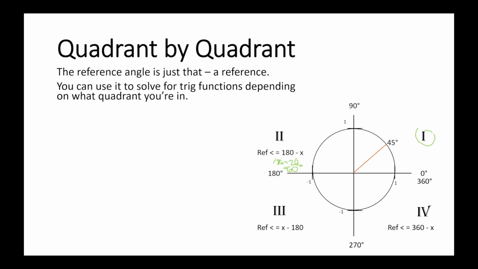So if I'm somewhere between 180 and 270 degrees, I can find my reference angle by taking that, plugging it in for x, and subtracting 180. And then there's also a rule here for the fourth quadrant. So rather than me continuing to tell you about this, let's actually try an example. I'm going to jog your memory and let you know that sine of 45 degrees and cosine of 45 degrees is equal to